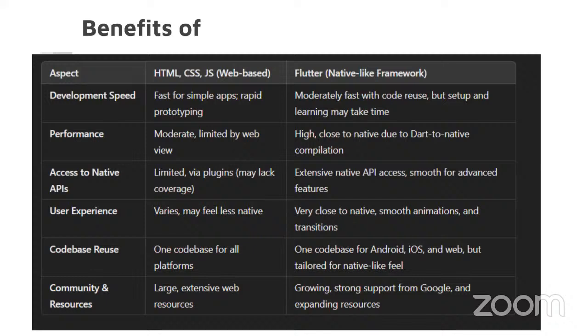But if you're making something like a content web-based app, something that we could use on web, we could actually turn it to mobile. So for the aspect of development speed, HTML, CSS, and JavaScript is actually quite fast for simple apps. It is easily used for